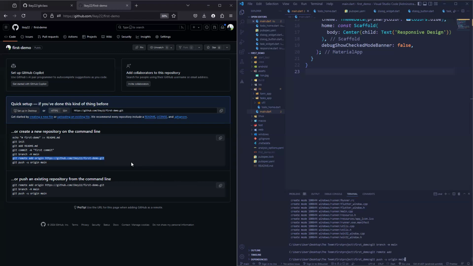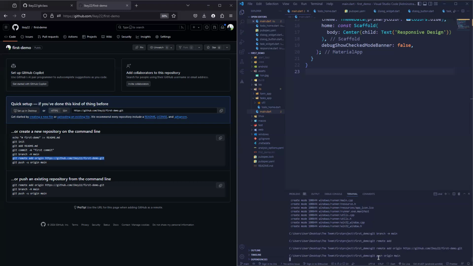No, not this one. Okay, let me just copy this. Okay, so I can now do git push. So git push origin main. So that should now push it to